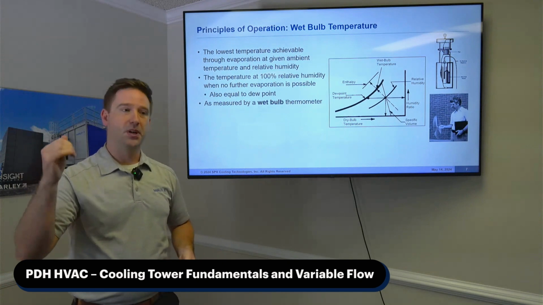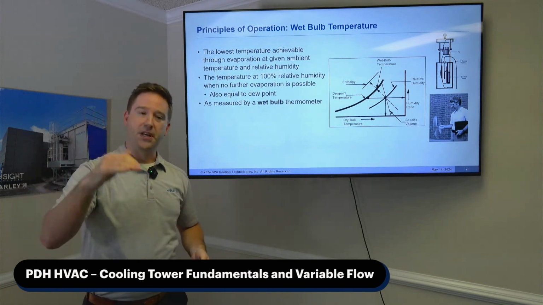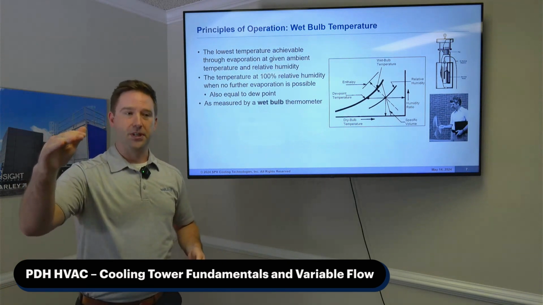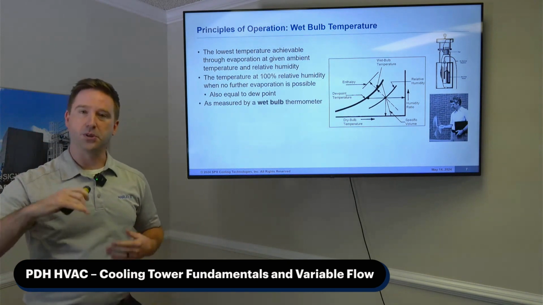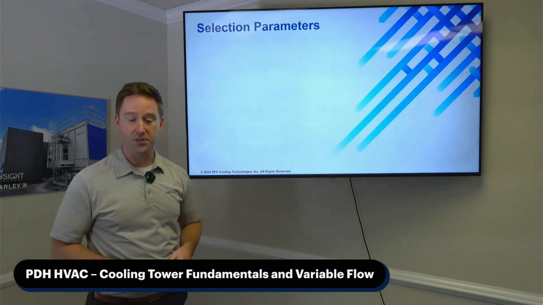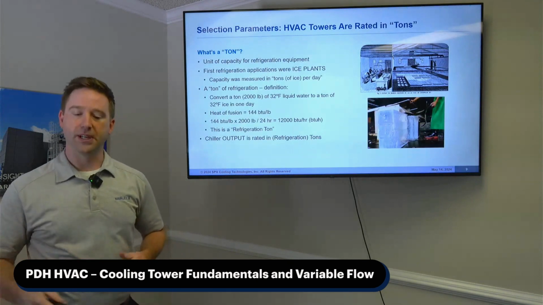You can think about trying to put a beer in a fridge and cooling it down to 38 degrees. But if your fridge is at 42 degrees, you can't cool that beer down to a 38 degree temperature. So it's your limiting factor. So it's very important. And we'll talk about it a little bit later as well.